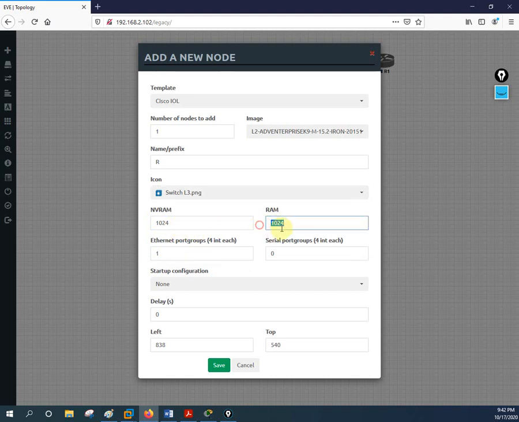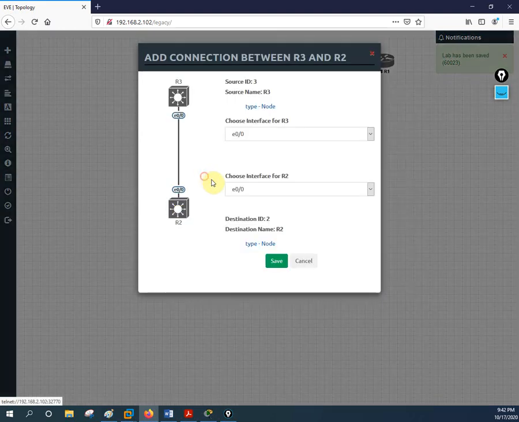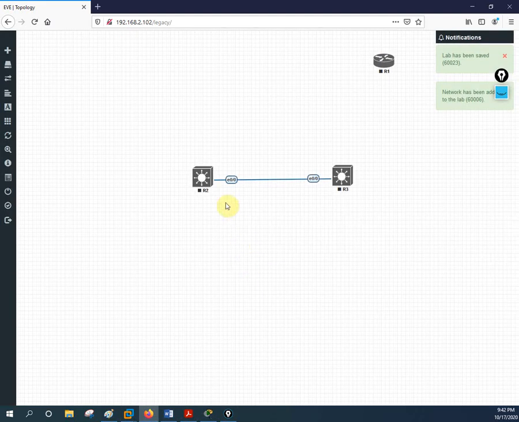We need 1 GB RAM to run this switch. Our laptop should have at least 4 GB, so 1 GB RAM will be taken by this switch, and the name is Switch. If I want to take 2, I press 2 here, but now I am taking only 1. Okay, or if you want, let me take 2, no problem. So when I press OK, we will have 2 switches like this. This is a layer 3 switch. I will connect, for example, here, and it will give whatever port is available, whichever port I want to connect. Same thing here also. Whatever is the default, I connected this one.